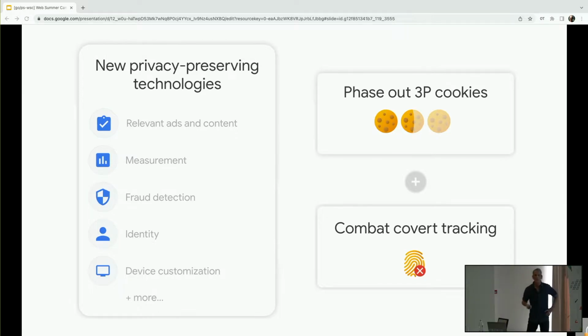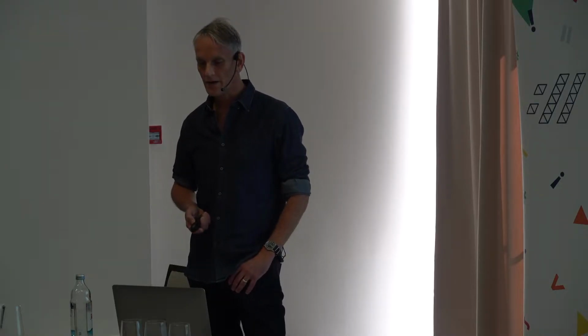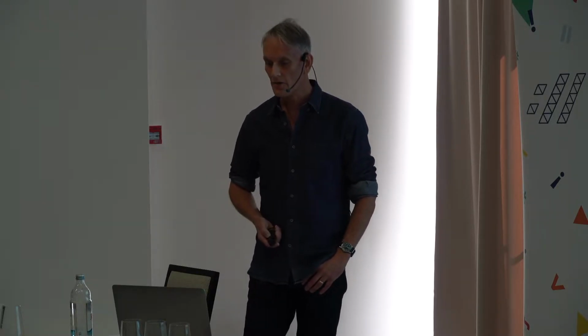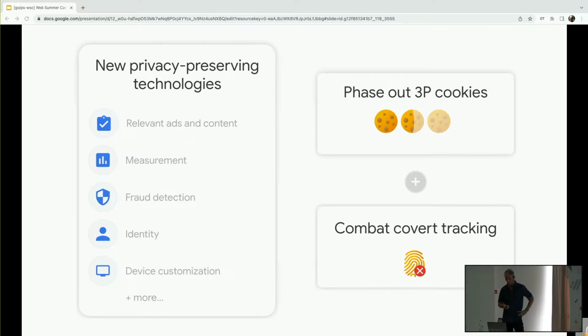But of course, one thing we need to do is, once we've developed these new APIs, we need to make sure that sites have time to adapt to them and adopt those technologies, so we can safely phase out support for third-party cookies and fingerprinting techniques as well,